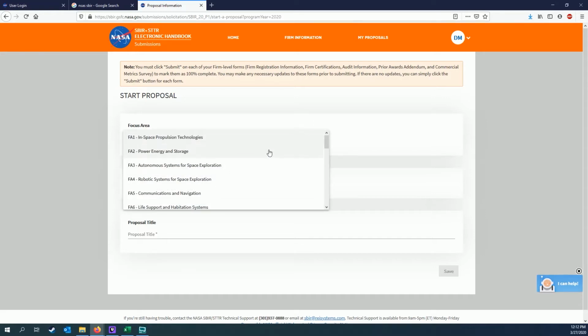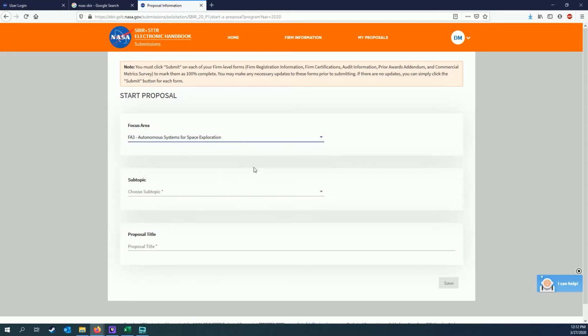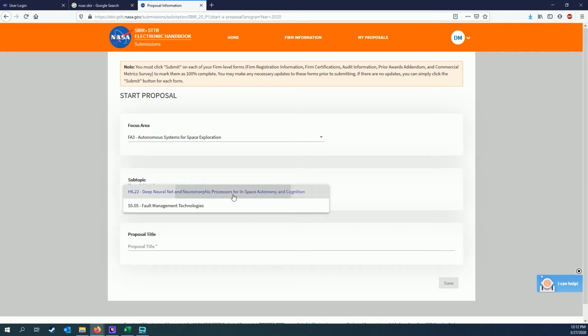So let's just pick a random one here. Today I'm working on autonomous systems for space exploration. And my subtopic here, I guess I'm doing a deep neural net. So first you want to start off with a proposal title. So you want your proposal title to actually be unique. Don't just copy the subtopic. In my case, my proposal title should definitely not be Deep Neural Net and Neuromorphic